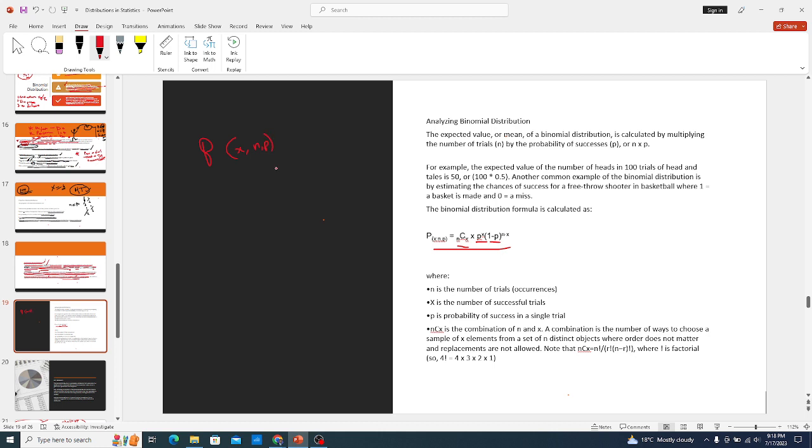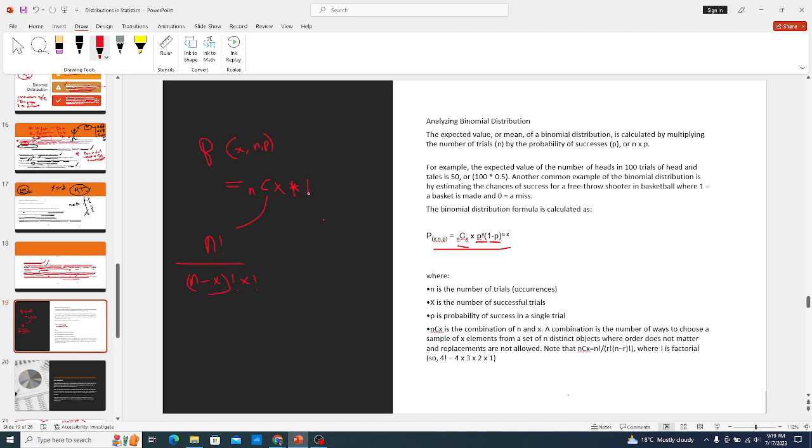Then it will be equal to n combine x. Remember, I had already told you n combine x is n factorial, divided by n minus x factorial, multiplied by x factorial. Then we multiply by, let me just use a dot or a star to show multiplication,